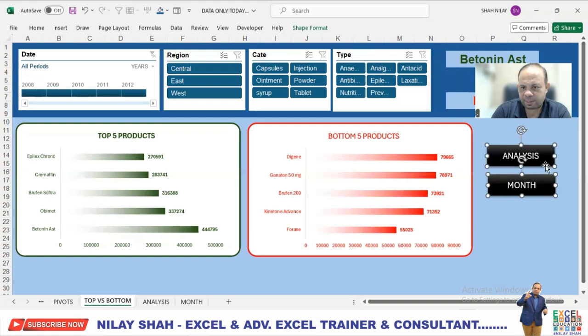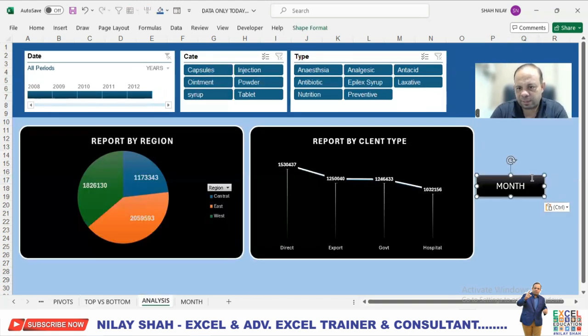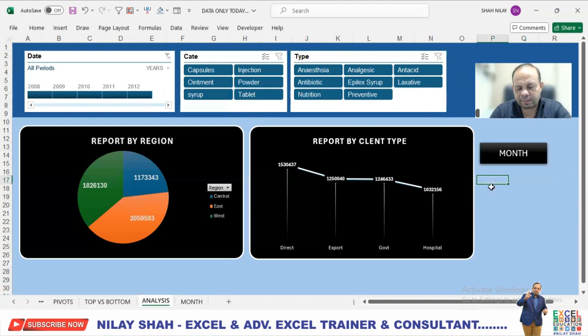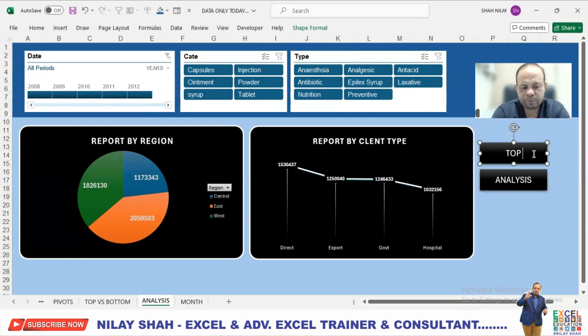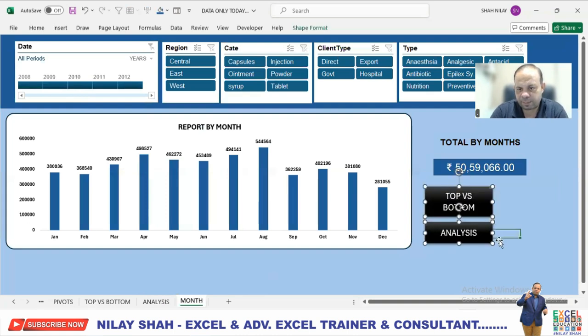ये दोनों बटन्स को कॉपी कर लिया है, टेम्पोररी, कंट्रोल सी, यहाँ पे चला गया हूँ, क्लिक कर लिया है। कॉपी कर लिया है एंड क्लिक कर लिया है। सो अब यदि आप यहाँ पे ऑब्जर्व करेंगे, मंथ एनालिसिस लिखा हुआ है, सो ये मंथ की जगह पे आ जाएगा टॉप वर्सेस बॉटम, यानी आपको टॉप वर्सेस बॉटम का एरिया देखना है, करेक्ट। सो वंस अगेन दोनों को चूज कर लिया है, कॉपी कर लिया है, मंथ पे चला गया हूँ, यहाँ पे पेस्ट कर लिया है एंड यहाँ पे क्लिक कर लिया है।